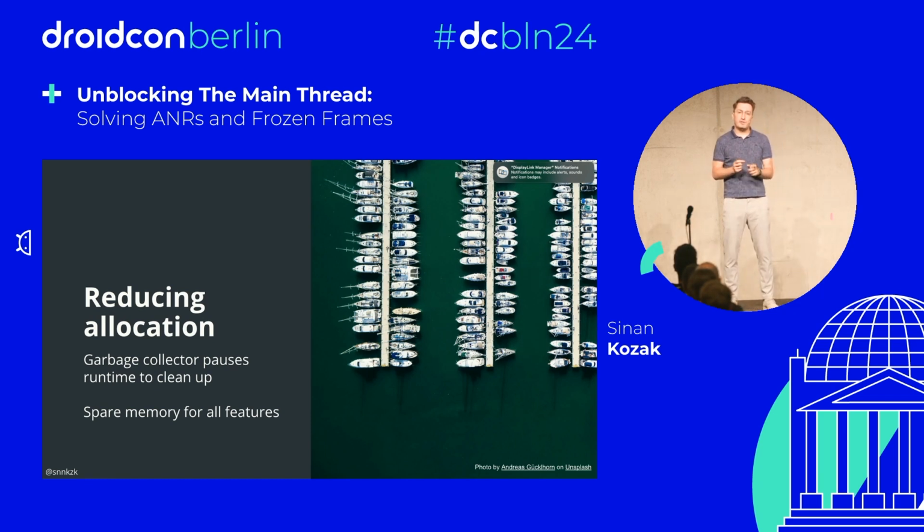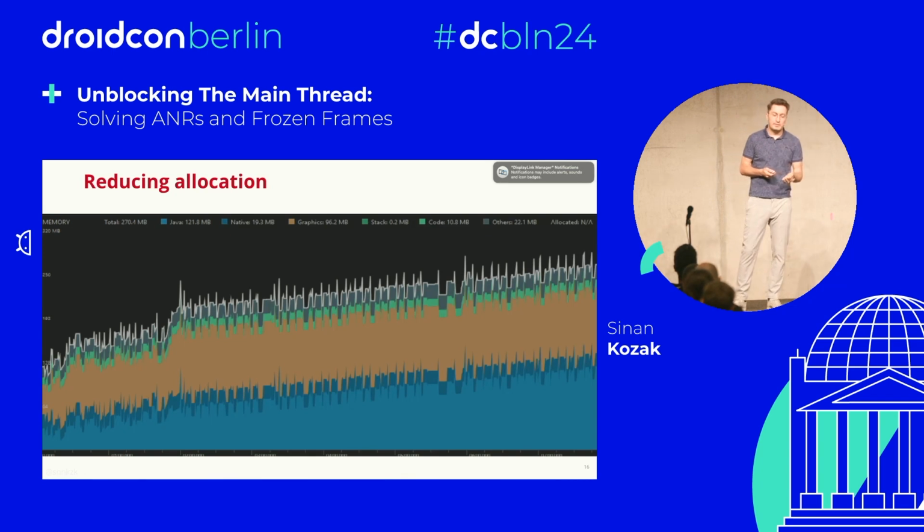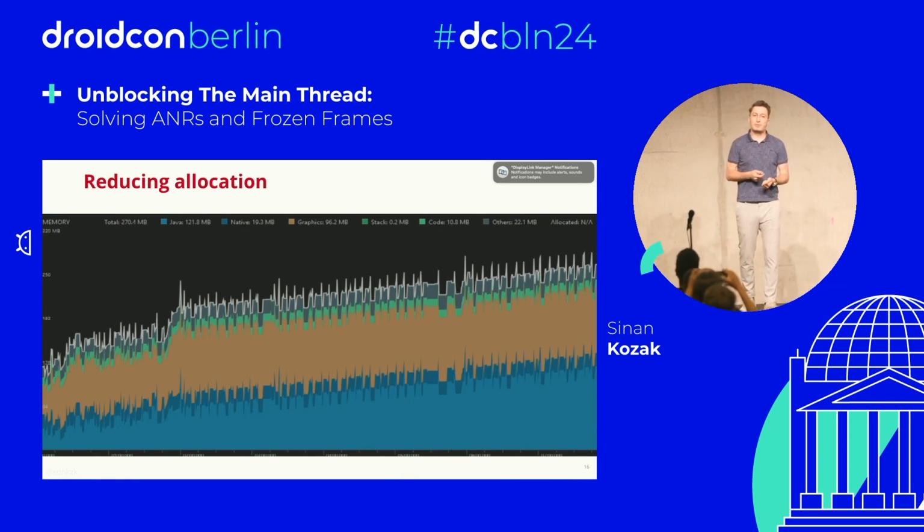But in the end, Android runtime will allocate you a limited amount of that possible RAM. So we need to be concise about what we are doing. And if we don't, garbage collection will kick in more than necessary, and it will look like this. In this particular example, garbage collection is trying to clean up the memory as much as it can,